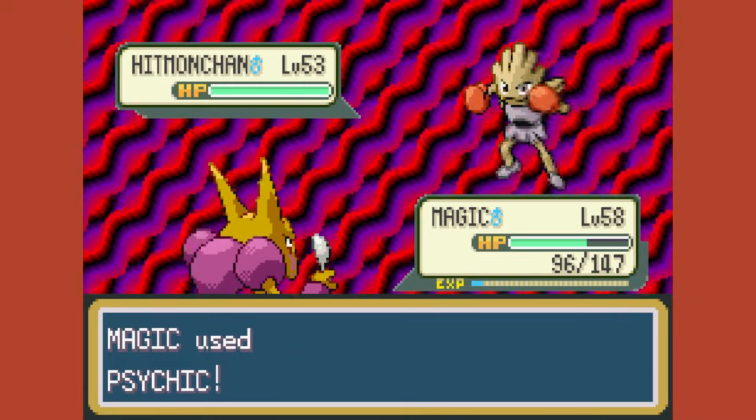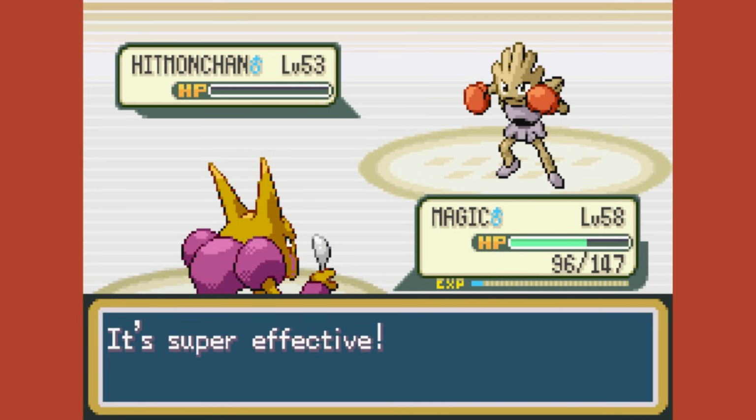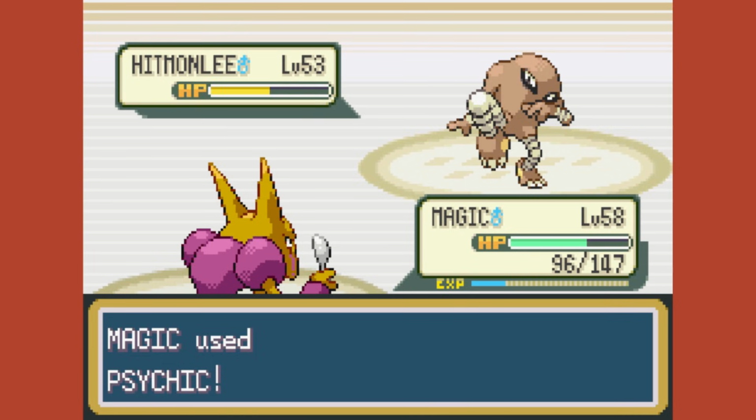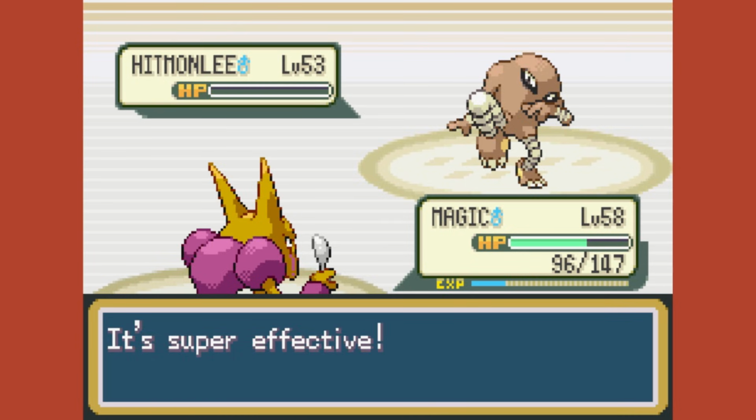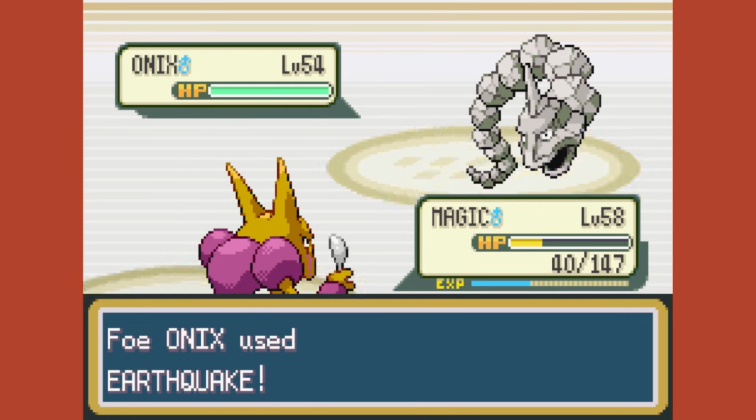Annoyingly, we're also at -2 speed, so Hitmonchan does manage to do a bit of damage to us before we take this down. We actually managed to outspeed the Hitmonlee whilst at -2 and take this down with a Psychic. As we then get Onix after, I set up a Reflect against it as it's already hit me,